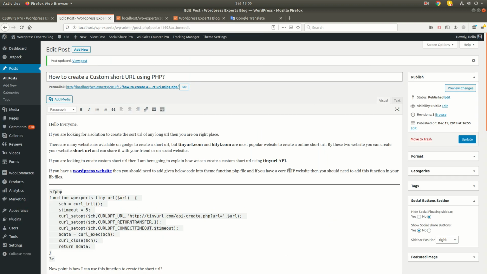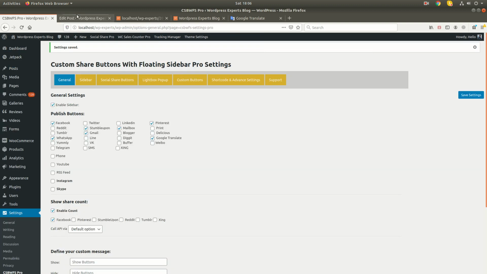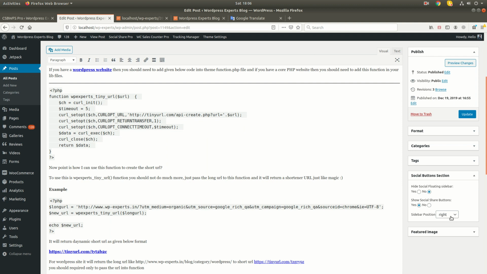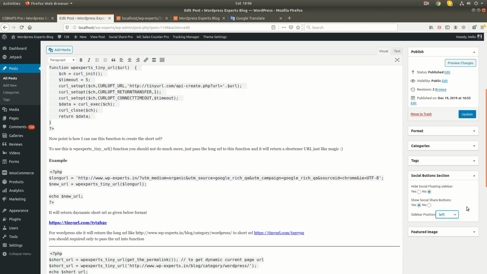And you can define the position, like left.